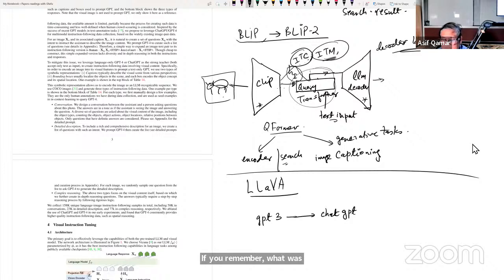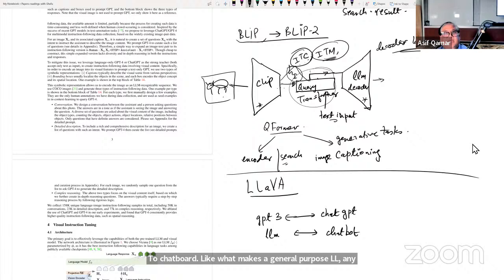What makes a general purpose LLM, any LLM, behave in a conversational way with human beings? If you were to ask that question, then you will be reminded that you have to do instruction tuning of